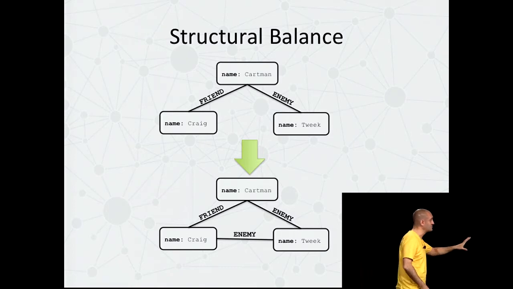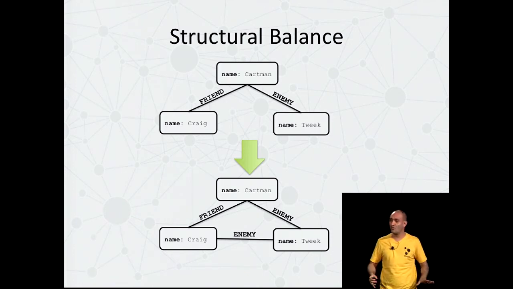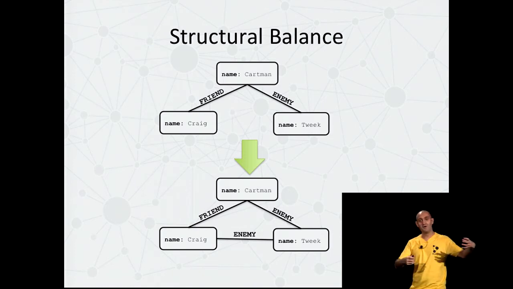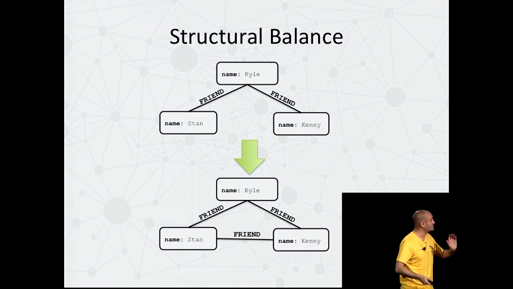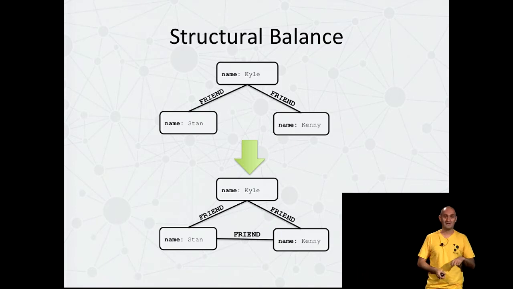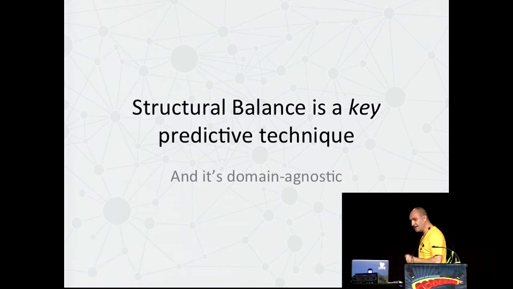This triangle, this closure, is structurally balanced. So Cartman is friends with Craig, Cartman is an enemy of Tweak, and Craig is an enemy of Tweak. I'm not saying this is morally superior, because what this does suggest, in fact, is that kids are bastards. But in this case, Cartman and Craig can gang up against Tweak, right? Of course, a nicer structurally balanced closure is where they're all friends. So there's two kinds of balanced, stable closures we can achieve. Friend, friend, friend is stable, and enemy, enemy, friend is stable.